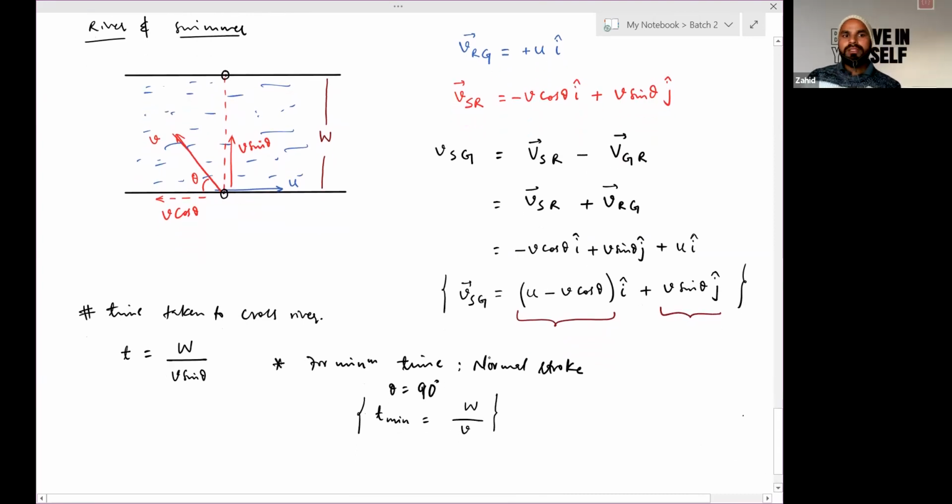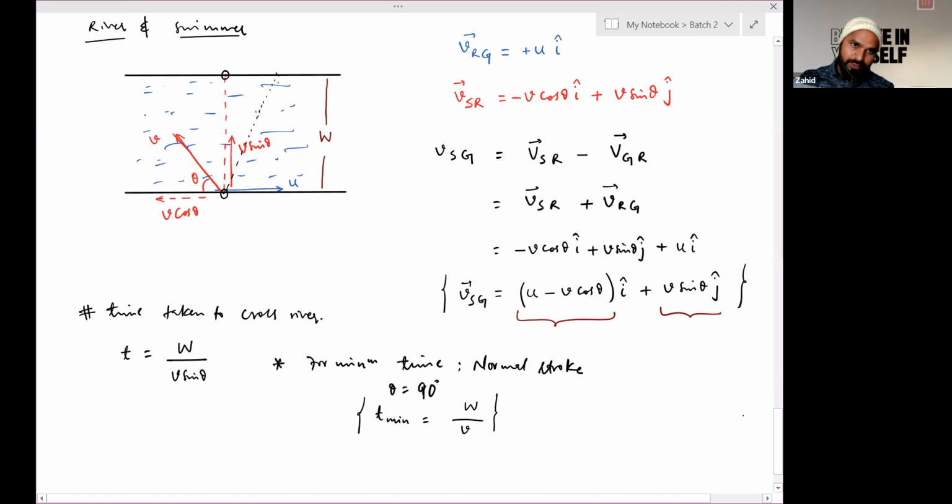Now we have to define drift in position of swimmer. In this velocity, we have two components, one along y-axis and the other along x-axis. In the x part, we have two components: one is u, that is velocity of river, and second is v cos theta, that is component of velocity of swimmer. So if u is greater than v cos theta, which means velocity of stream of river is greater than component of velocity of swimmer, then it will drift the swimmer slightly away from its actual point along this path